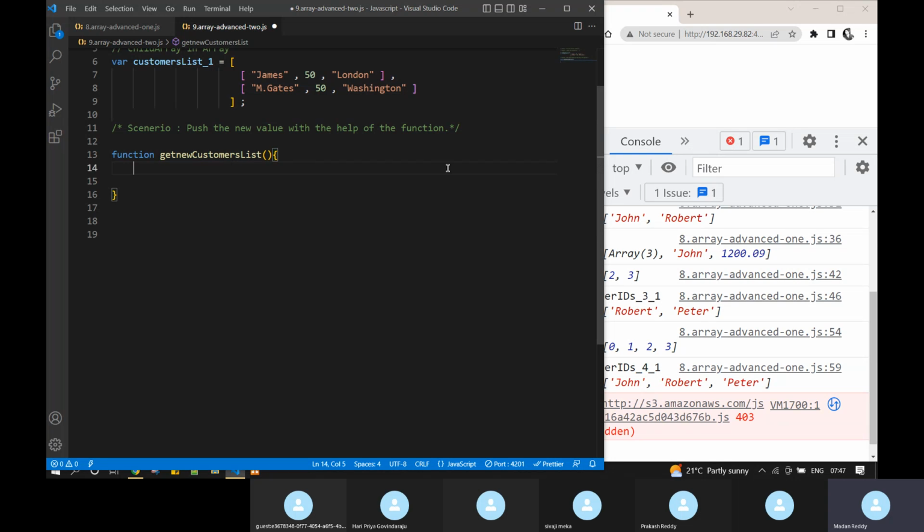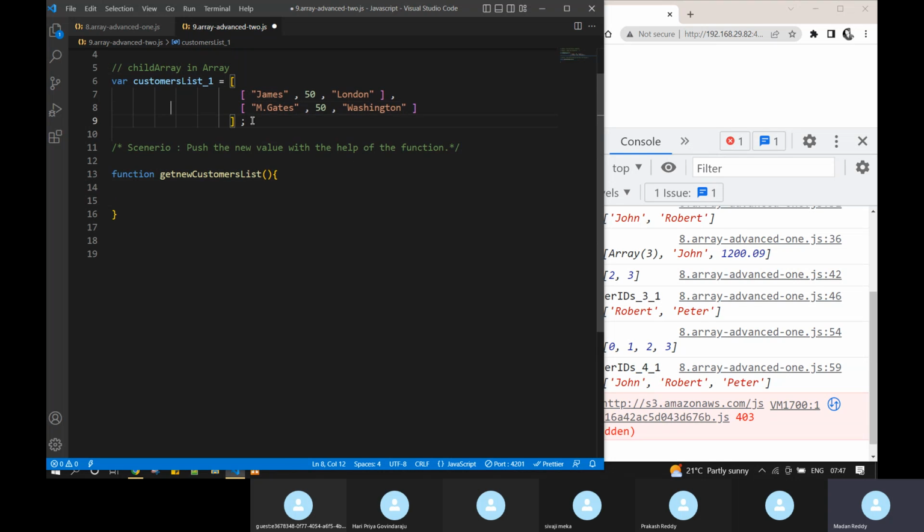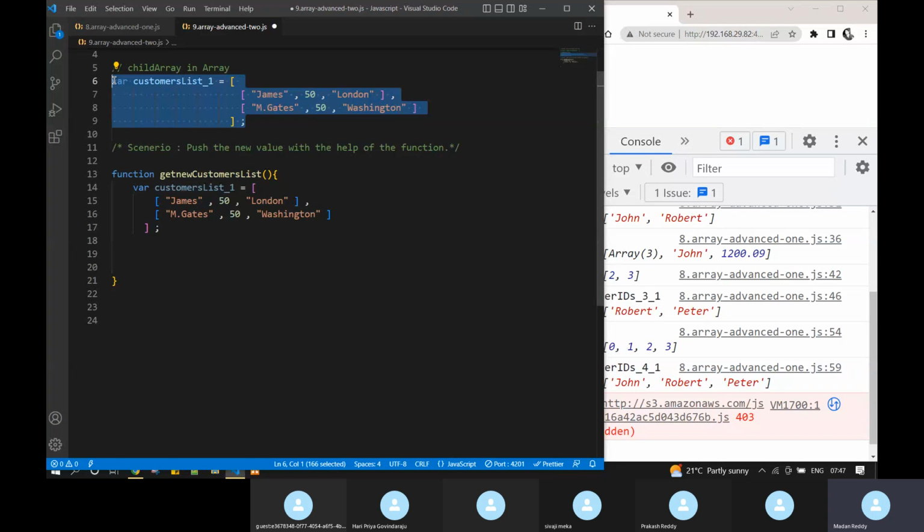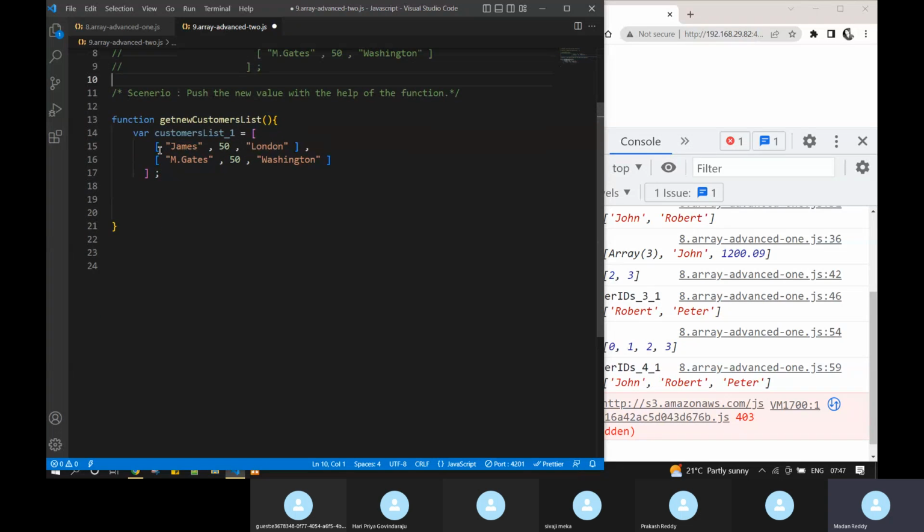So here, as of now, I have taken this one, customer list one, just for understanding purposes. So copy and paste here. I wanted to show how we are going to use push into the array. So let me comment this one out as of now. For understanding purposes, I just created the array. I just commented that. So in the function, what I'm taking,